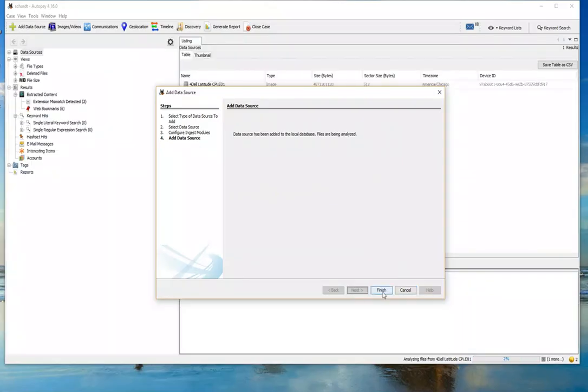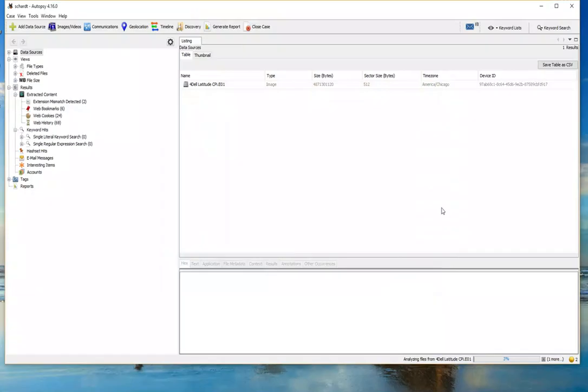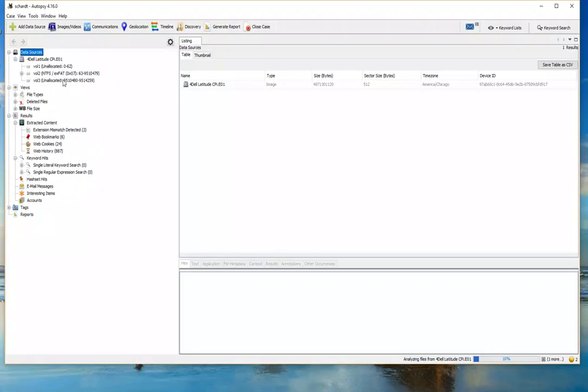Okay, so here I can click Finish, and as you can see, Autopsy has already performed some preliminary analysis on the image, while in the background it is still processing some further analysis on the image file, as we can see at the bottom status information on the file. Alright, so now we have our data source here, so we can double click to open it,